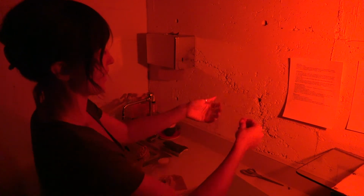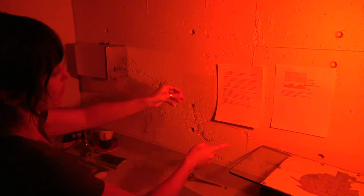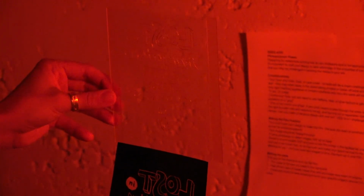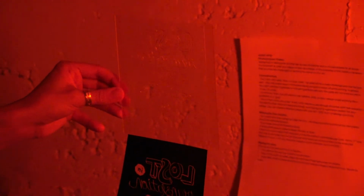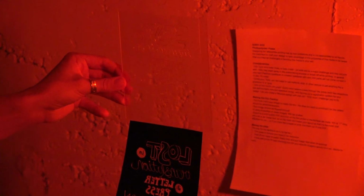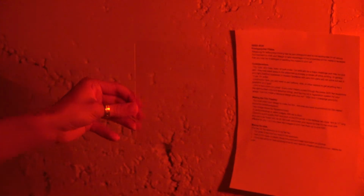Okay, so here I have my finished plate, and you can see this is a really good illustration of what happens with the shooting. You can see where I didn't trim my positive, that you can see that area there, and that's what I'm going to trim later on. That just got burnt in a straight line, right? Because there's no black covering that. Okay, so my plate is done,